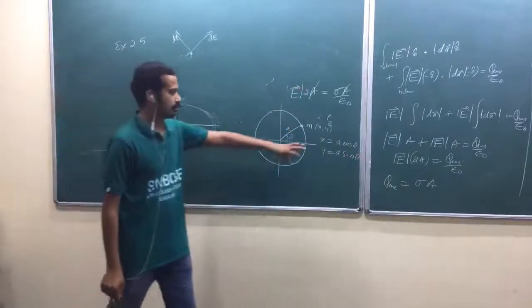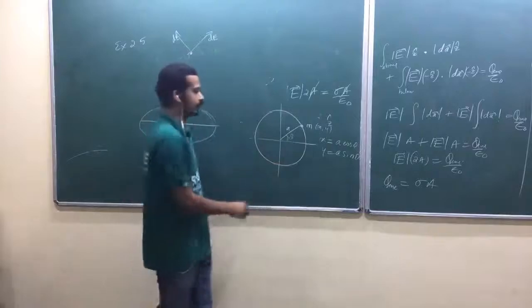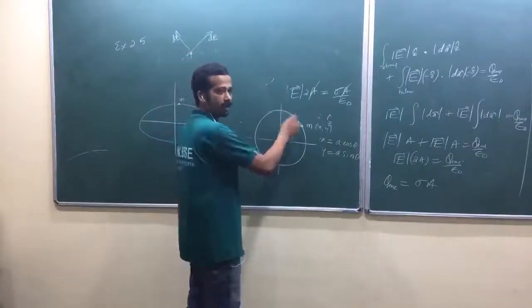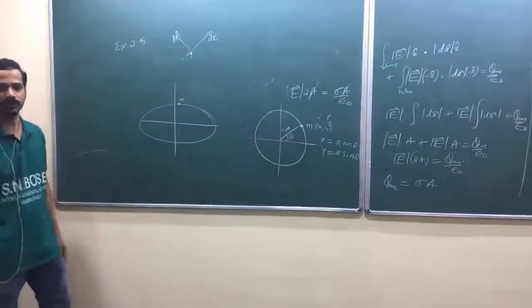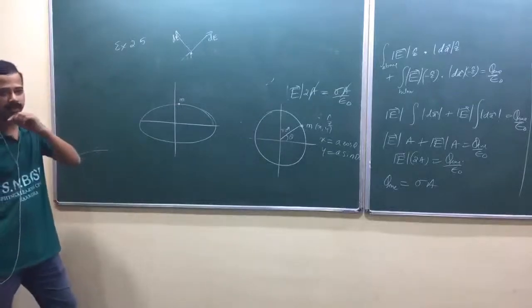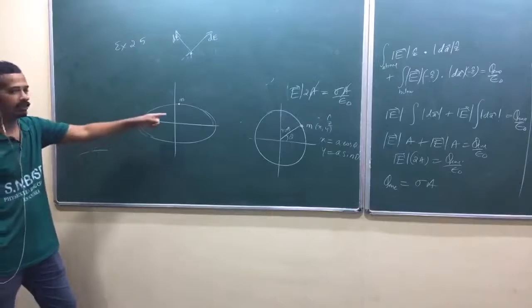Now we are going to go for plane polar coordinate. In plane polar coordinate, r equal to a, which is a constant, only theta is variable, only one generalized coordinate. That's why only one degree of freedom. That's how we eliminate it. Am I right? But what will you write here?